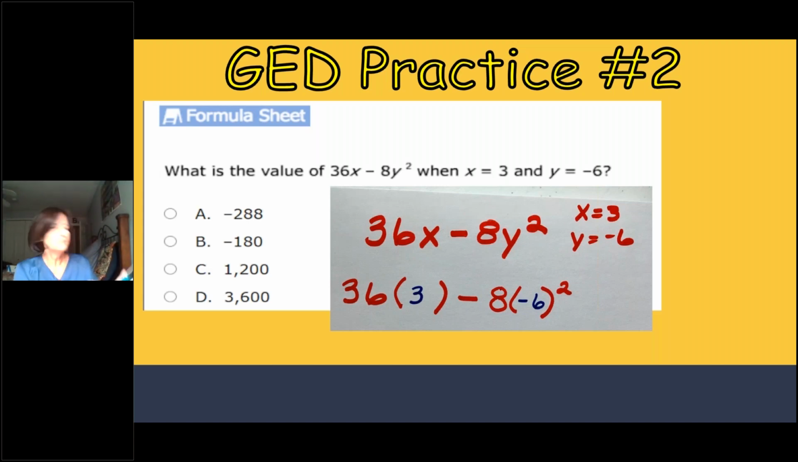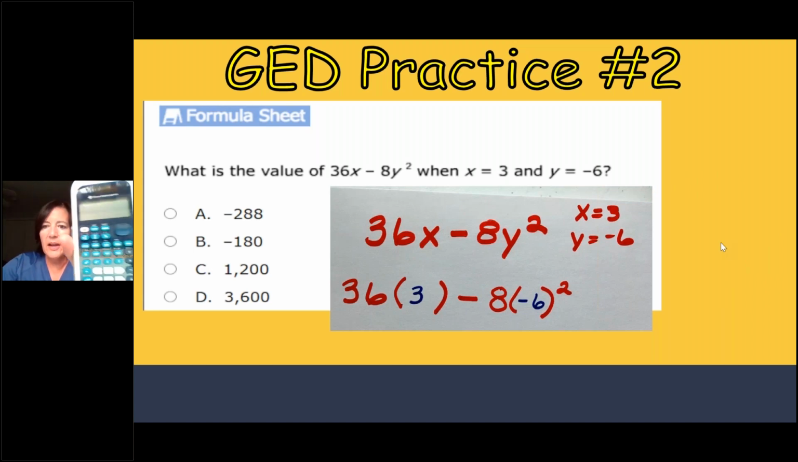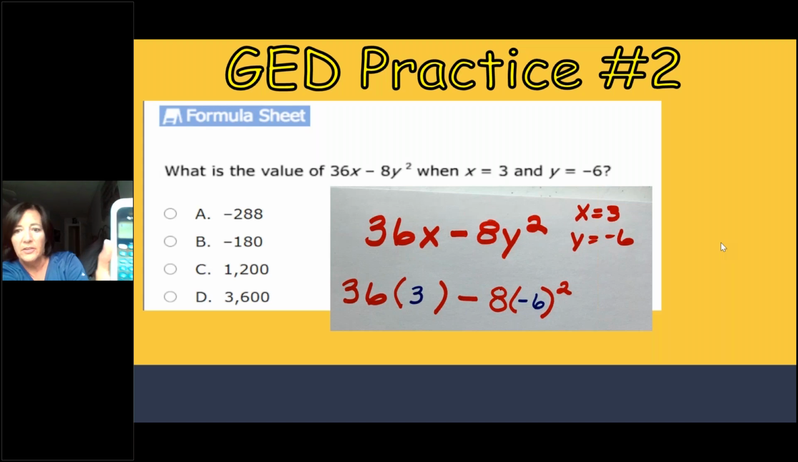Okay, and I'm hoping that you can sort of see this. So here's my calculator. It's not exactly the one they provide, but it's very similar. So I am just going to type in exactly what I have on the screen. I'm going to type 36, and then open parentheses, 3, close parentheses, minus, 8, open parentheses, negative 6, close parentheses, and then